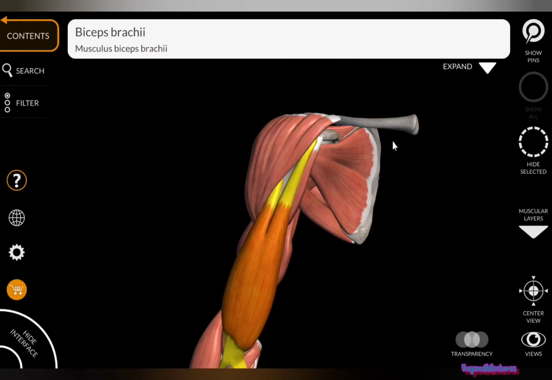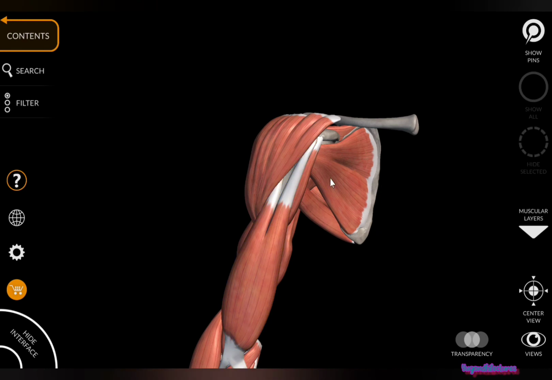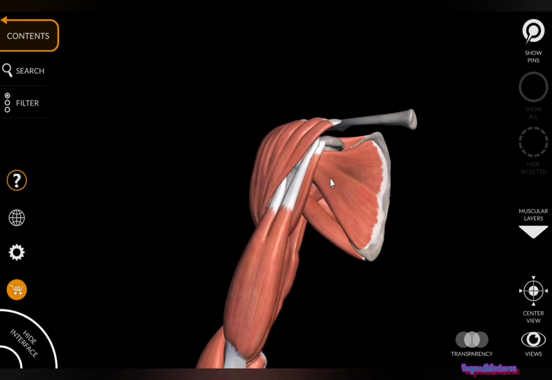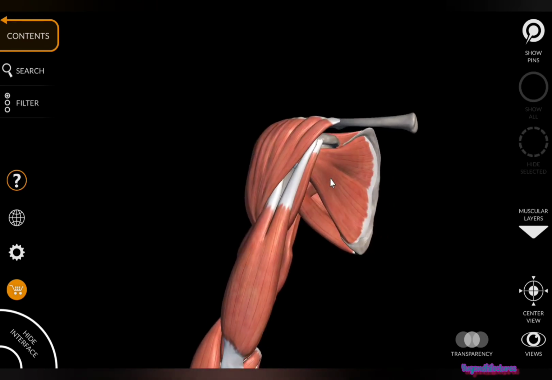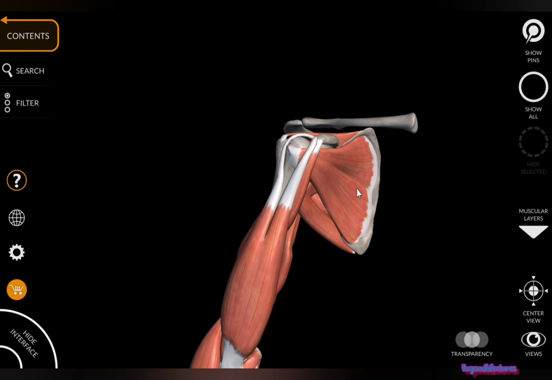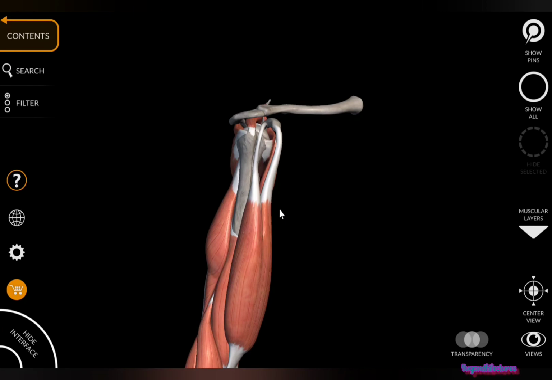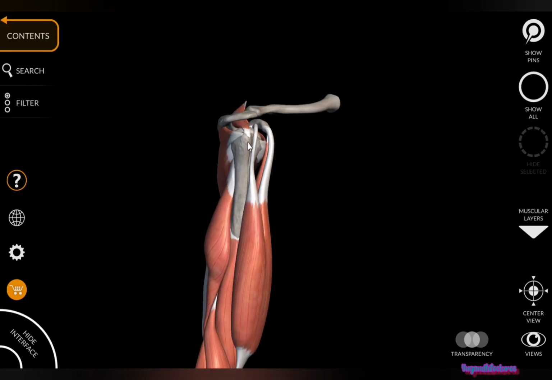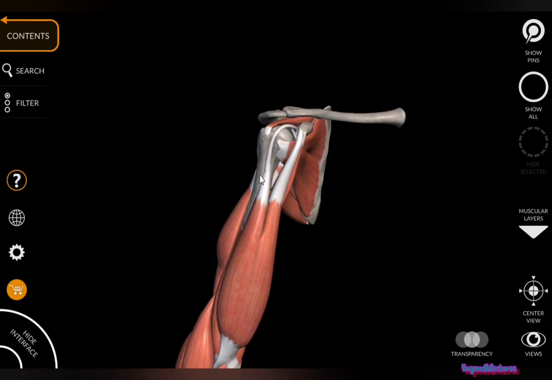So 3 more muscles are not given in this. So they are the latissimus dorsi, which gets inserted into the intertubercular sulcus. So it will be in an upside fashion, gets inserted into the bicipital groove. So the insertion of latissimus dorsi is also under the cover of deltoid muscle.